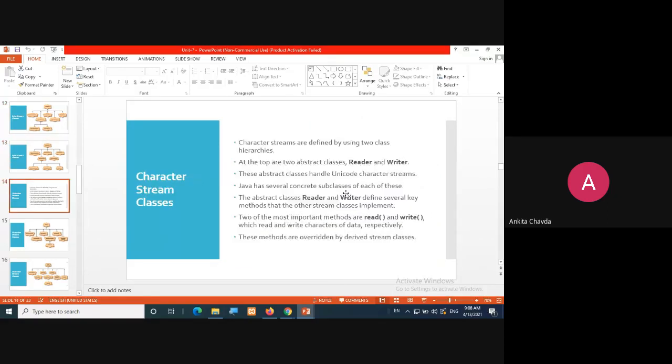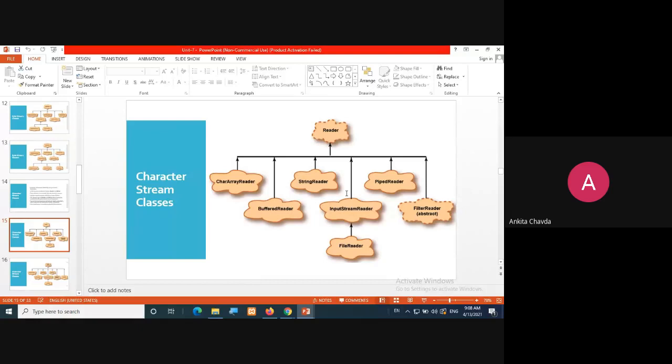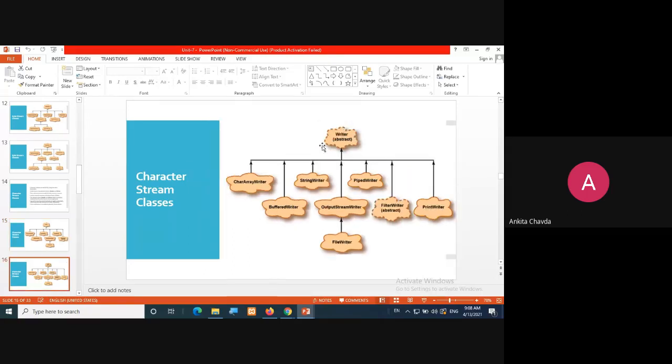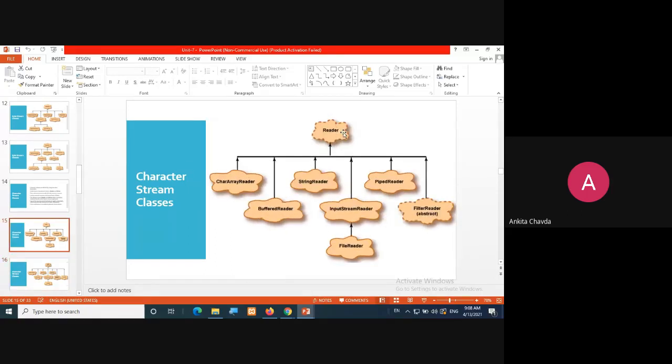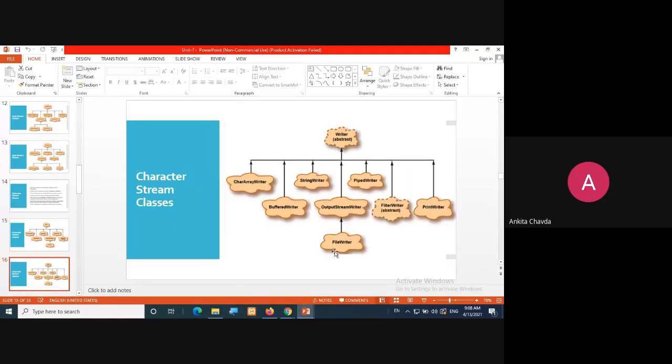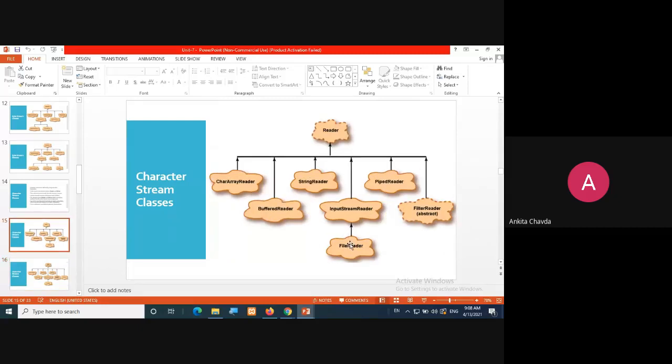And after that, we will see the reader and writer classes, and what methods are already there in them. These two classes are for character stream. Then we'll see the file reader and file writer classes. This is what we are going to see.